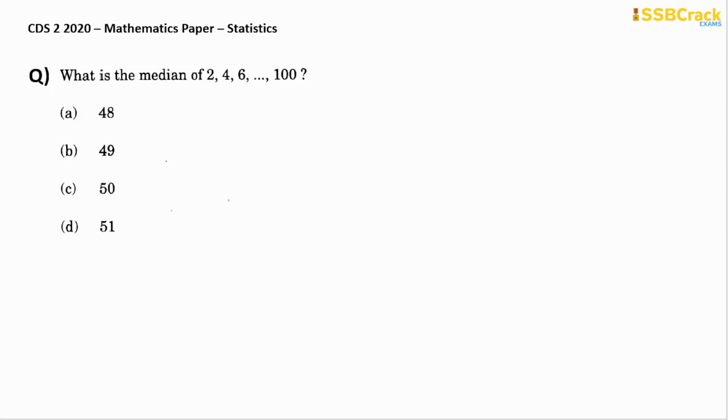Alright, coming upon to the next question, which was simple and easy if you know the trick. See, the question is to calculate the median. Median of the data, but what's the data? Observe closely. It's a collection of even numbers. How many they are, that is also known to us. 2 to 100, how many even numbers are there? These are listed even numbers among the first 100 natural numbers. So there are 50 numbers, it's of course simple.